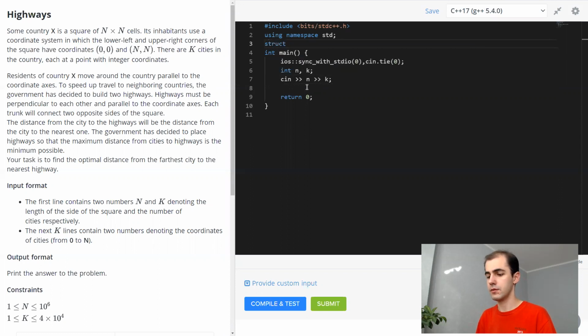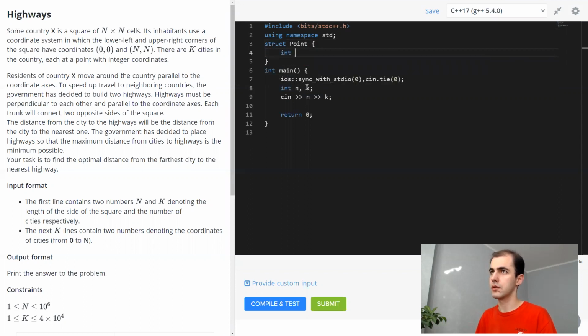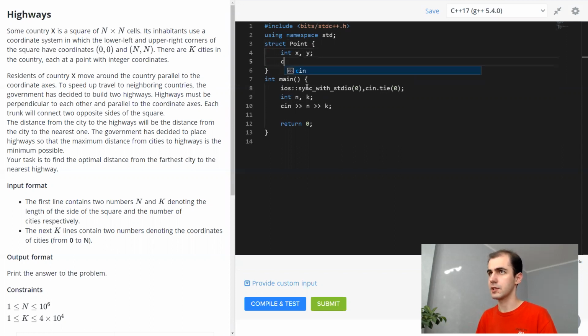Let's just pretend that we have a structure point. Coordinates are from 1 to 10 to the 6. Good. For some reason I constantly forget. So clearly we want to have something like this, right?